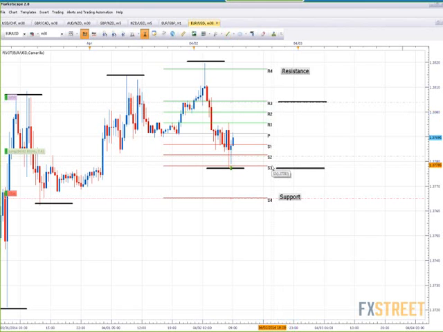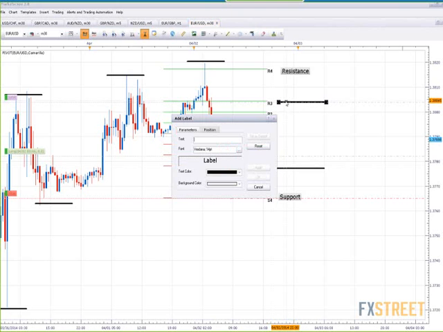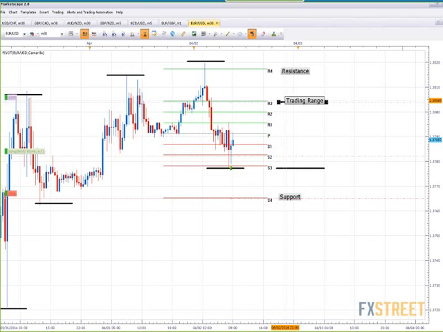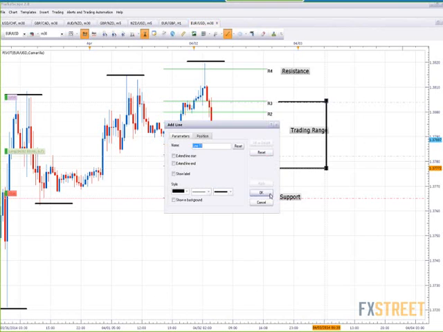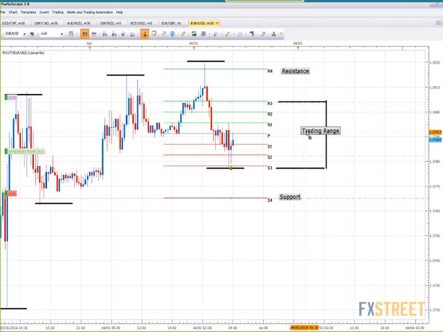These are going to be denoted as our trading range. Now, again, some of you are looking at range trading strategies with price traversing between support and resistance. And this is where most of the action is going to happen on our graph. Let me just go ahead and label this out as well. This is going to be a trading range. Here we go. We have our trading range between these two points, and we reasonably assume as long as price stays between these values that price will continue to ping